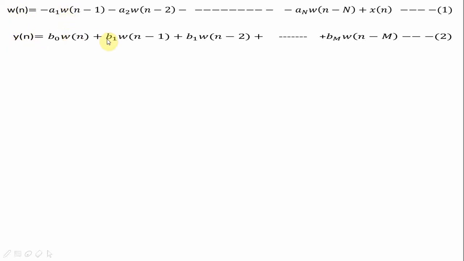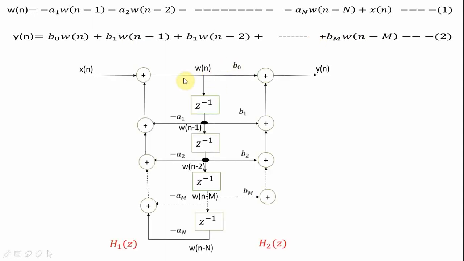We observe here that both of them have the same signal, which is delayed, common in both equations, that is w of n and its delays. So what we do is, we first take w of n, assume that we know w of n, and from that tap it and connect it to a delay element to get w of n minus 1, n minus 2, etc. And here I am assuming that M is less than or equal to N.